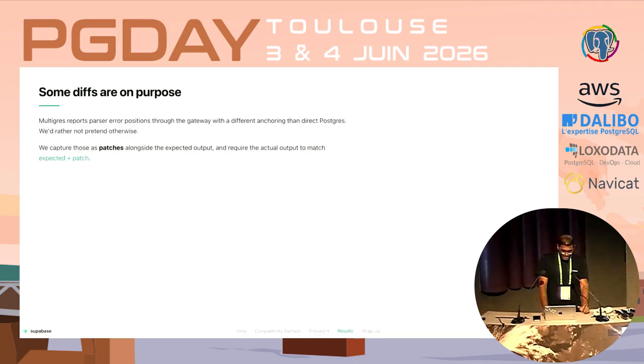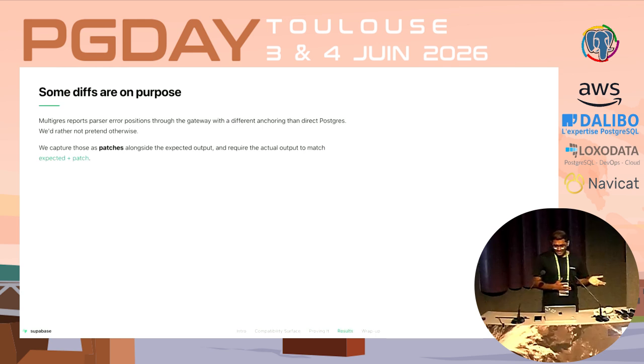Now, coming back to the diffs. Some diffs were real problems, real signals, and some of the differences we are keeping on purpose. A simple example is that when there is a syntax error, Postgres points to the exact character position in the error message. But since we have the proxy on top, which is doing the parsing, that exact positioning could vary, because the parser is written in Go and is a re-implementation of that.